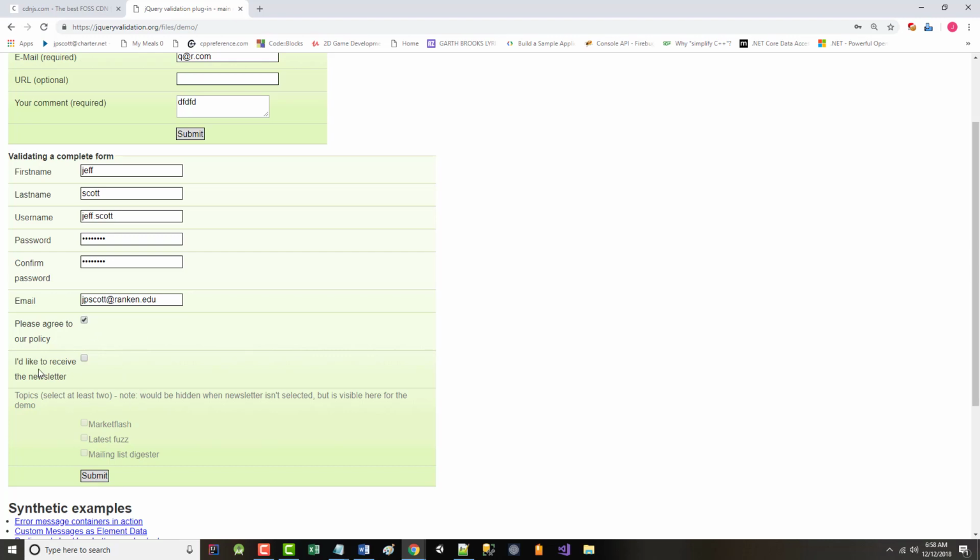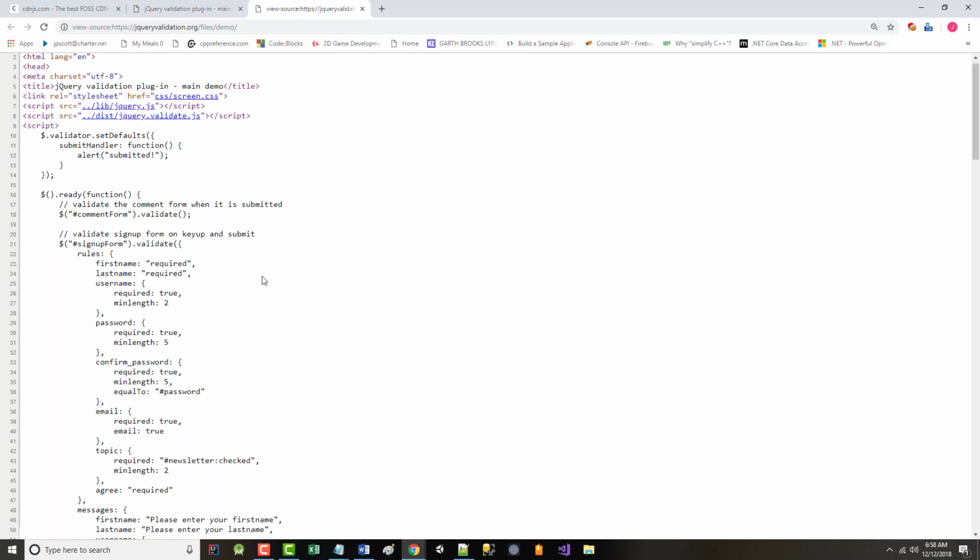Boom. Now, right here, it says I'd like to receive the newsletter. If I click here, then I have to choose 2 of these. Notice I'm only going to choose 1, and I get an error message. Please select at least 2. Once I select that, boom, submit it. All right? And the code to do this, we can always go back, view our source, and there's our list